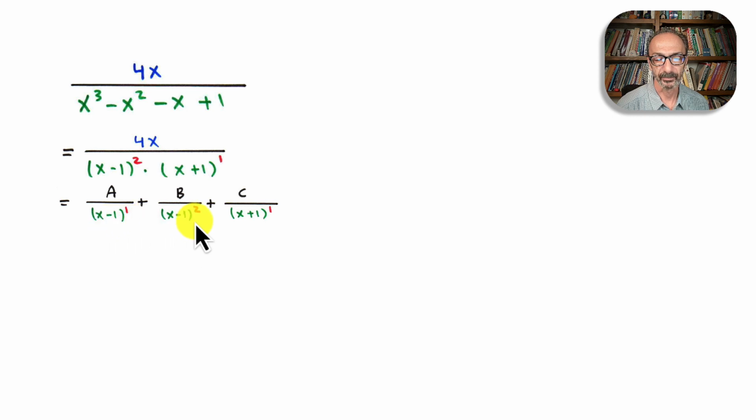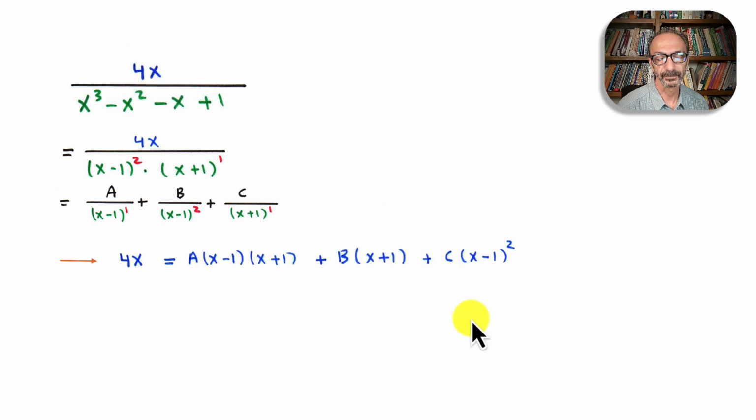As you could see, this one is once, we put it once. Same like before, we're going to combine these fractions and compare the numerator, the lengthy one, with 4x, skipping the steps,